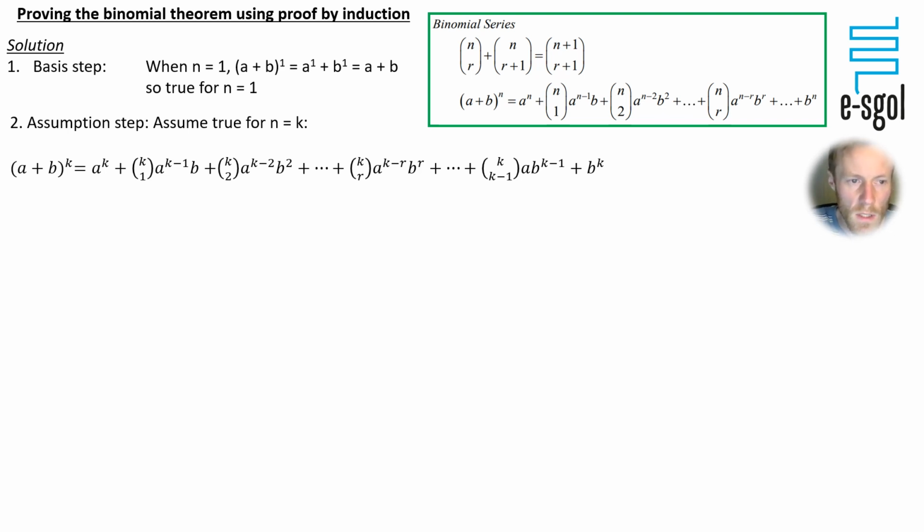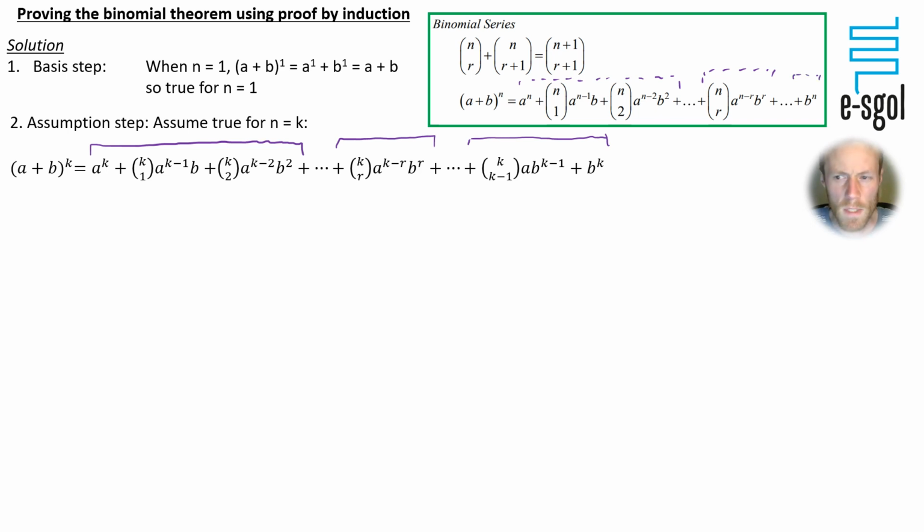What I've decided to do though, and it sort of works nicely with the proof, is I've decided to keep the first 3 terms of the series, which is actually what they've got in your formula book. I've decided to keep the middle term. Again, that's what they've got in the formula book. Slightly different to the formula book, though, I've decided I'll keep the last 2 terms because I think it might be interesting to see what pops out.